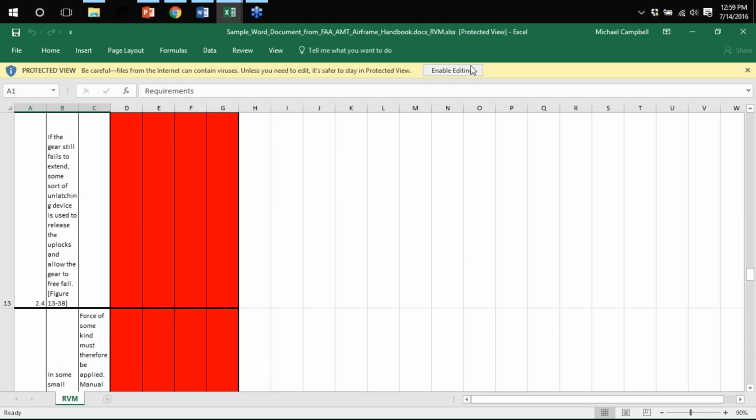if you look at the actual requirement, like this one, if the gear fails to extend, some sort of unlatching device is used to release the up locks and allow the gear to free fall. So as we look at this, this will then be brought to your test plan. So as we go to the test plan,